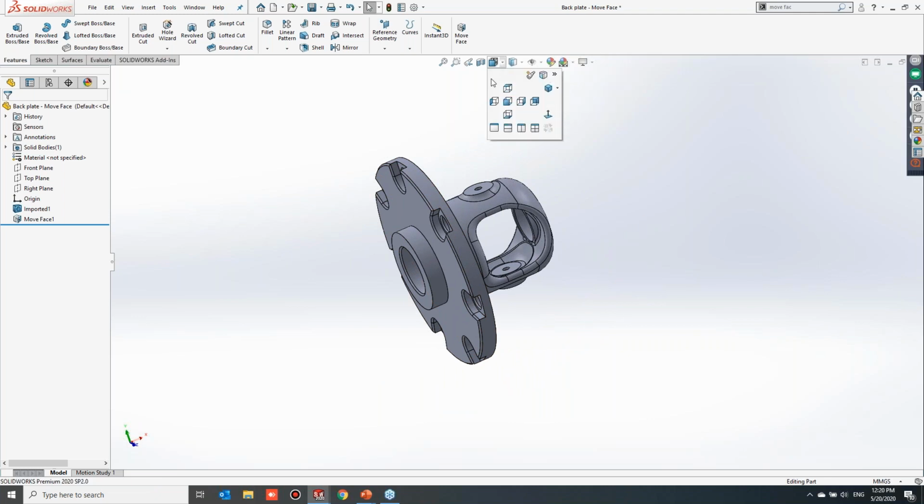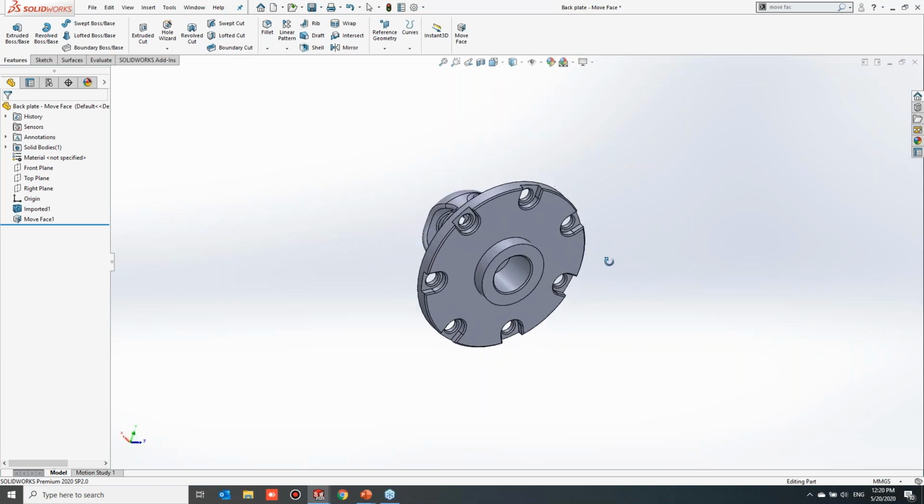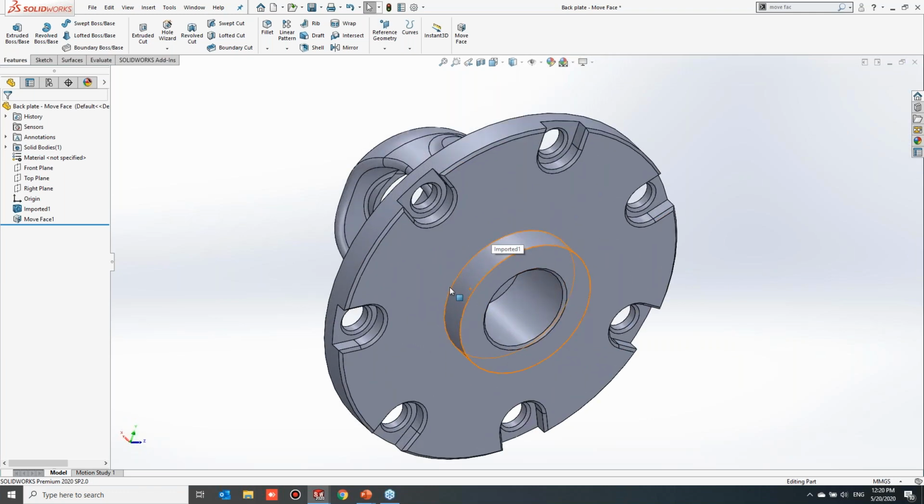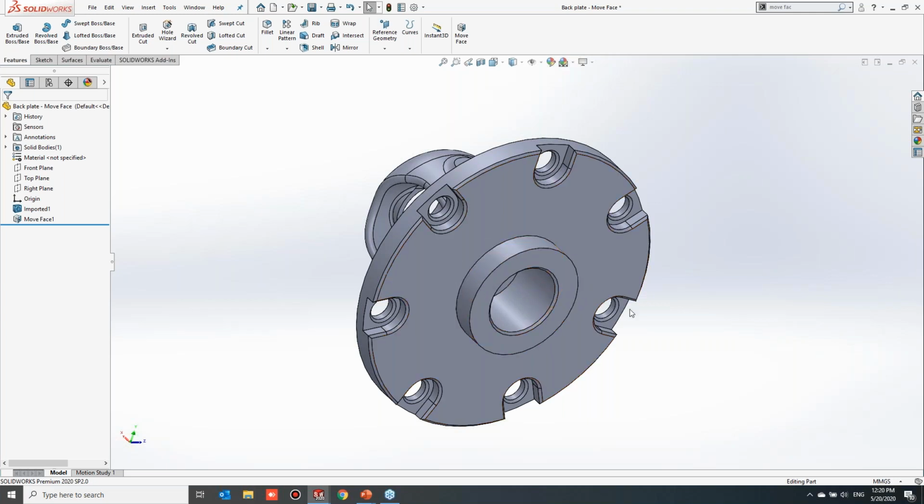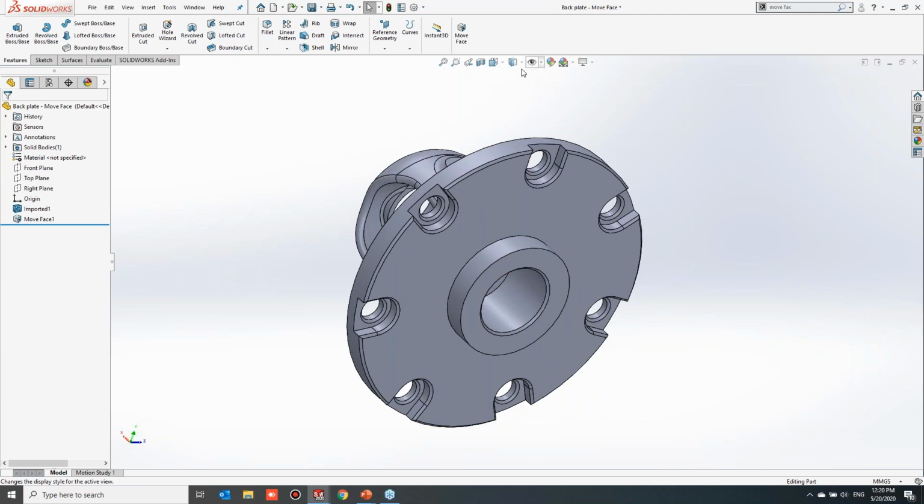So this is view orientation. In view orientation, you will have all your standard views. Sometimes you may need a custom view for detailing purposes. For example, for my detailing, I need this particular view position. So what I can do is place my model as per my requirement, then go to view orientation and select new view. Select this one and you can name it.